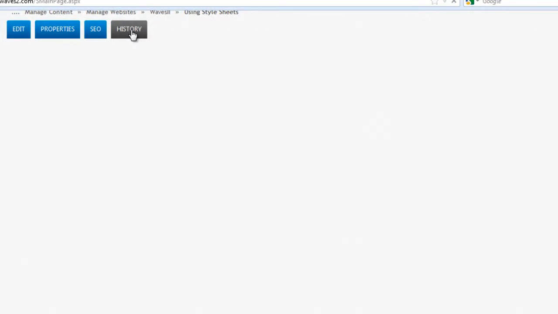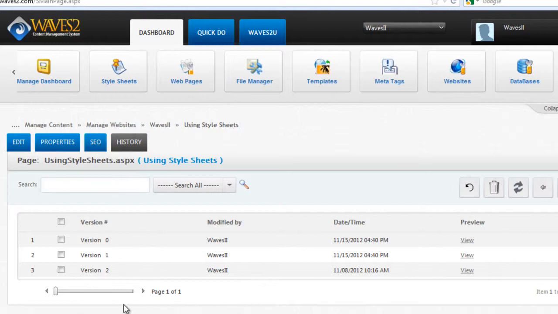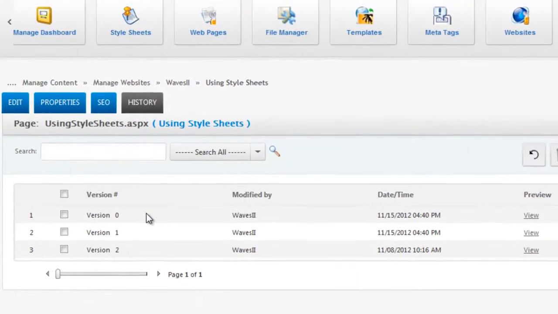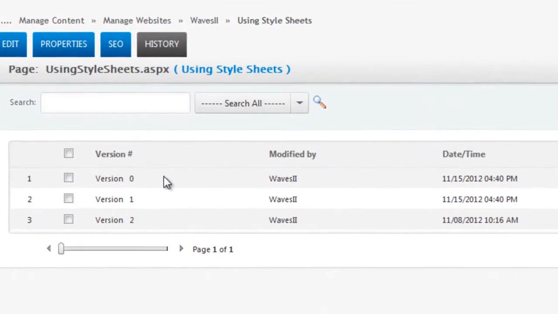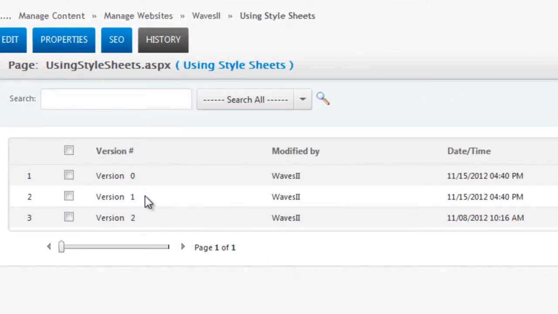So if we hover over to this history tab, we can see that right now we only have 3 versions, but again, it could be up to 10. The reason we have 3 is this page was only saved twice since it was a new page. And version 0 is always the current version that's being viewed. So if we want to go back to our version with the image, we know that it's probably the version